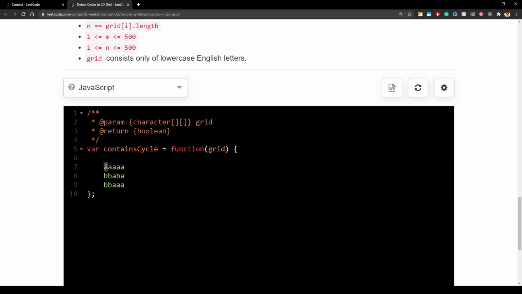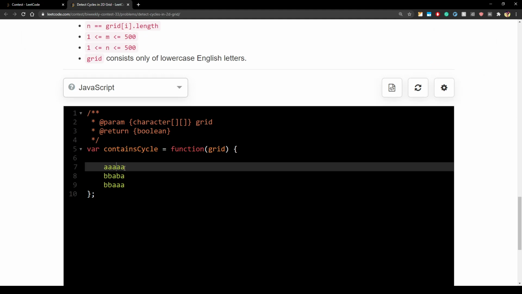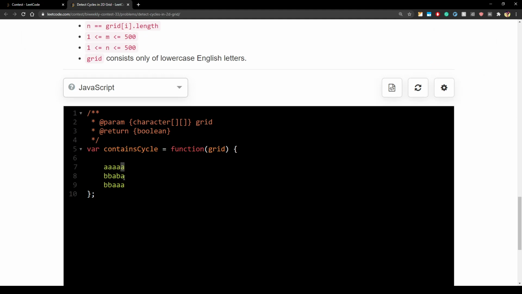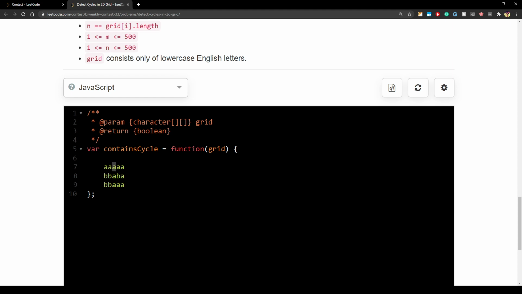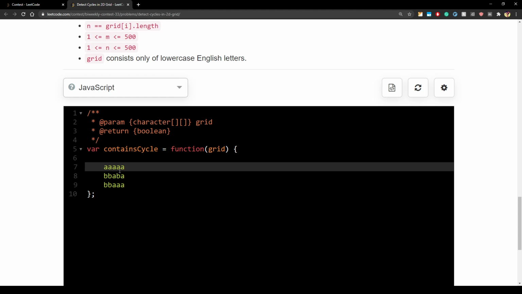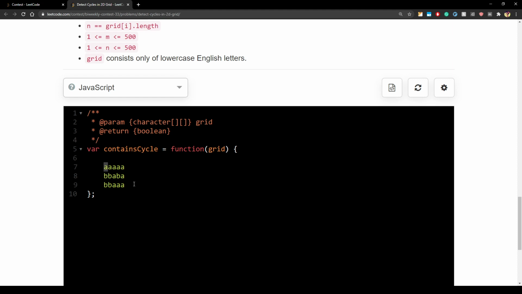You will actually start from this A, but you will go from this A to this A, then this A, then this A, and then this A, and you will come at this A, right? So basically you will find a cycle here, right? So you have to take care of this also, that the cycle might not end at the initial point where you started from. But now what if you start going from A to again A, right? You might get stuck in an infinite loop, and you have to handle that case as well.